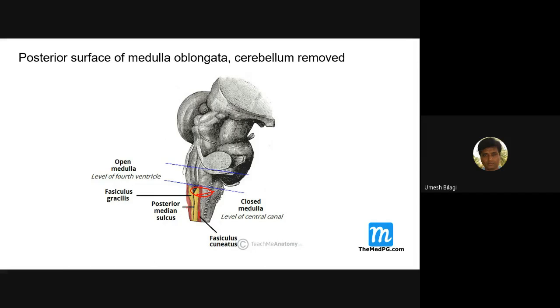Whenever you want to study the medulla, they make levels of study. Like the pyramidal level is for motor decussation study. Then we'll go to sensory decussation, that is gracilis and cuneatus decussation study and olive study. Those are the cross sections we take. So there are two types of decussation in the medulla, motor and sensory.